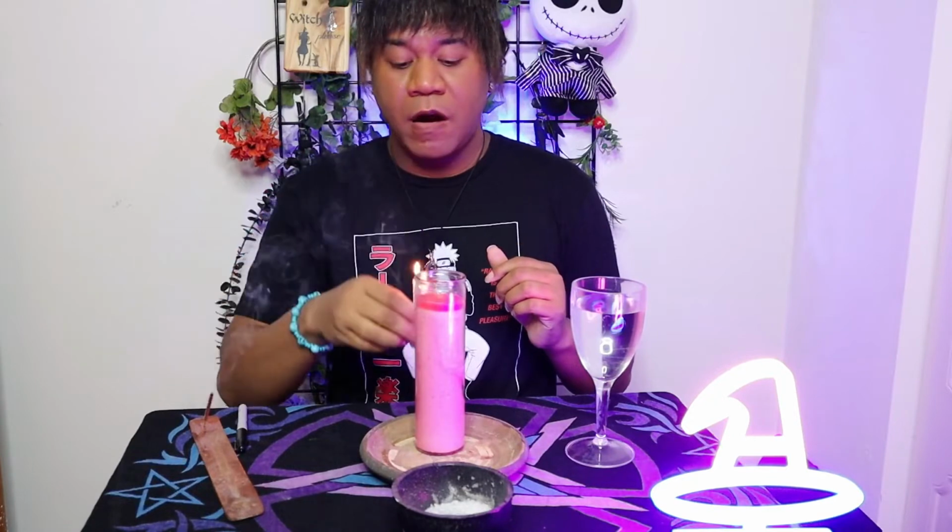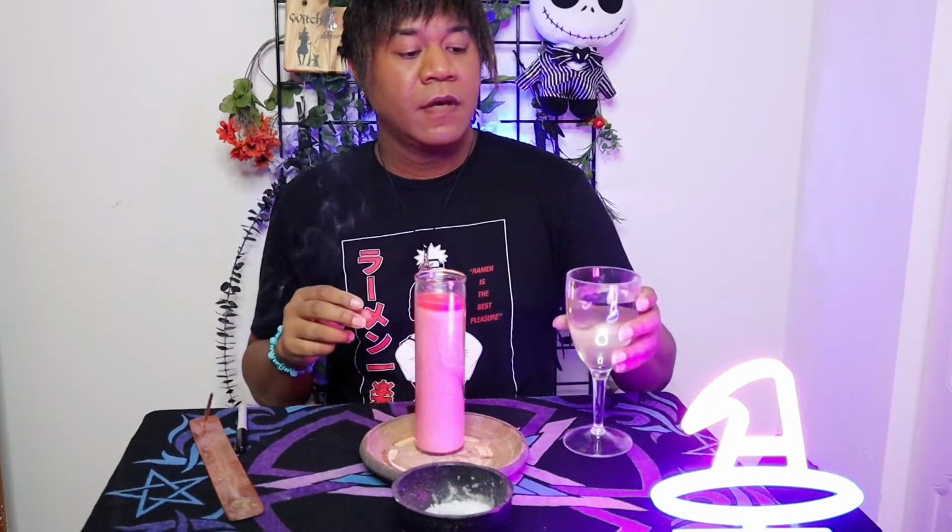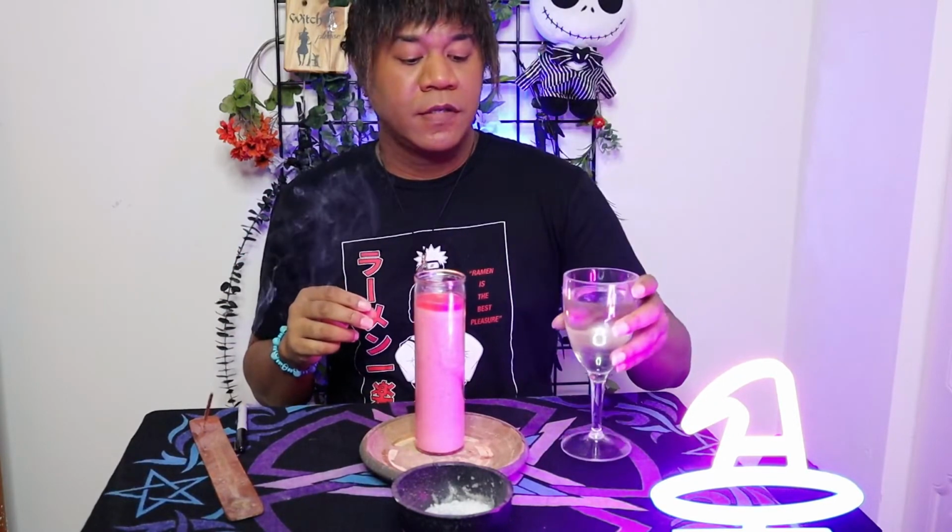We're gonna do our candle in the south, and then our water to the west. If you're not sure, use a compass. There are also apps that you can download on your phone that act as a compass to do your directions. You can also ask the actual AI on your phone, whether it's a Samsung or iPhone. If you don't have any of those things, like I said, try to get your hands on a compass, okay? But you need to find your direction so that you can place these in the correct quarters or directions